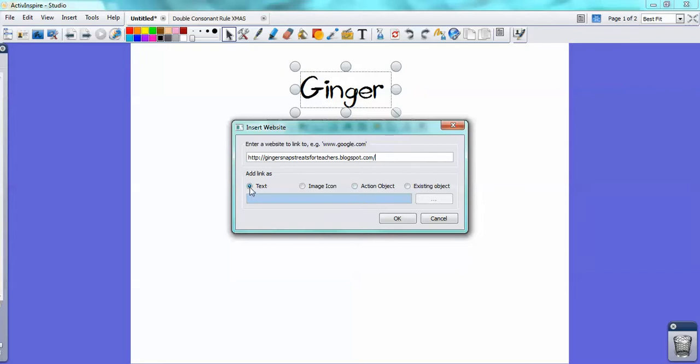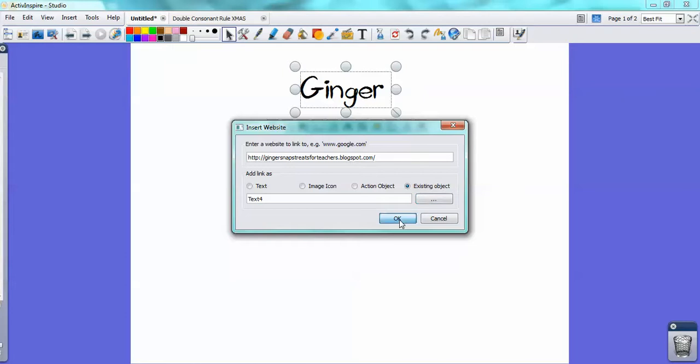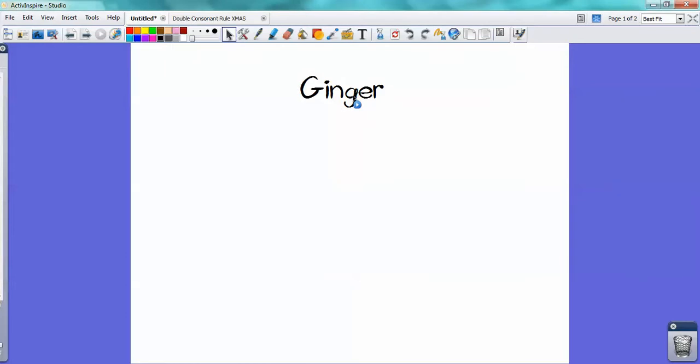Now you don't want it to add a link as text because then the whole entire URL will show up on your page and you don't want that. So you want to choose existing object. And now you have to click on this button below because you need to search for the object. Sometimes there's multiple things on the page. This one is already highlighted because it's the only thing there. But if I had clip art or whatever on there, I would need to highlight what I want the hyperlink to show up in. Then you click OK again,